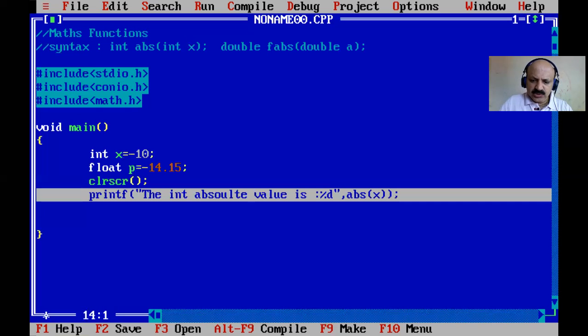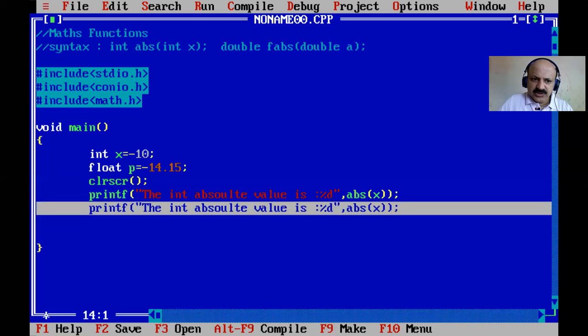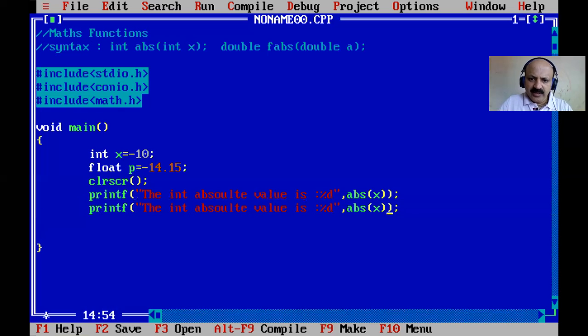Then I copy and paste for the p value, pi, with fabs, and we pass the p value. Here you have to know it is lf, float long. We can also take double here, so that is also possible. You can use float, but here we use double, and getch is required.